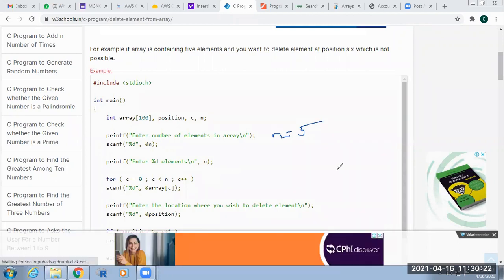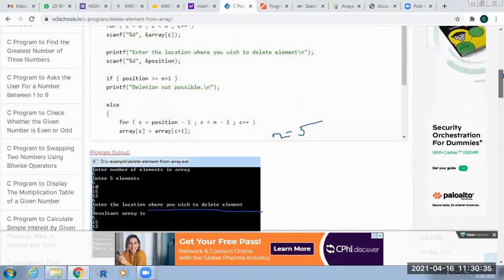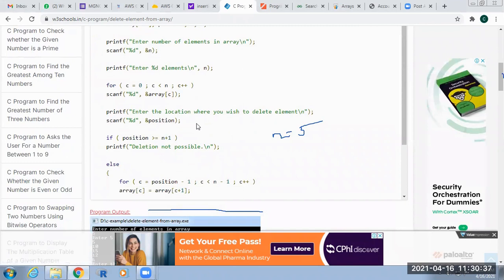So 5 elements inserted. Then similarly, as in insertion, at which position you want to delete the element, just give the position number. After that, the element at that position number will be deleted and the remaining elements are shifted.